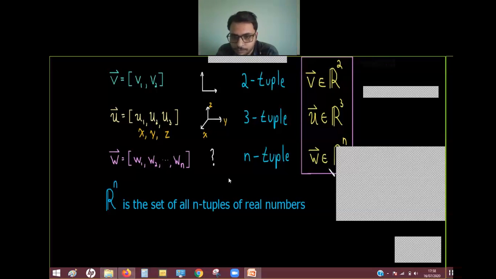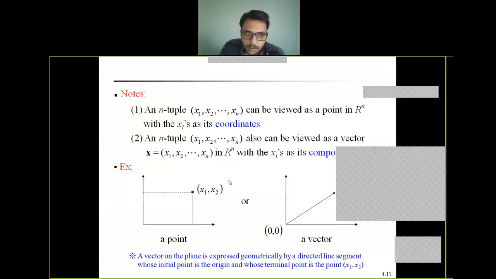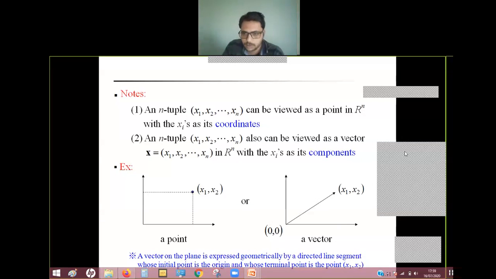Then we can shift to the next slide. Some few notes are there. If you are not able to understand these notes, there is no problem. But if you have understood completely what the Rn concept is, then you will be able to understand this slide also. And please remember, in general, n can have any value. This is the concept for understanding this slide: n can have any value.